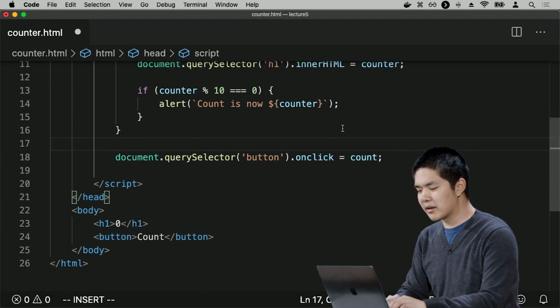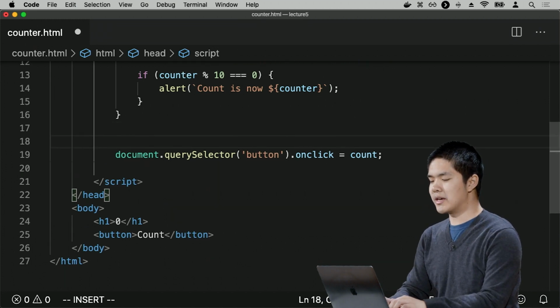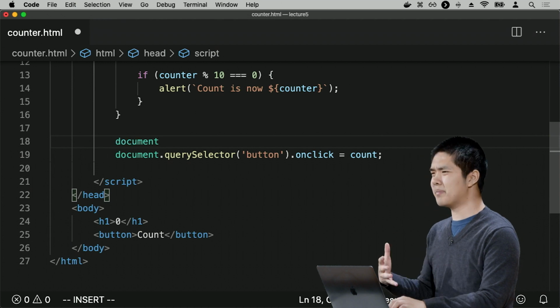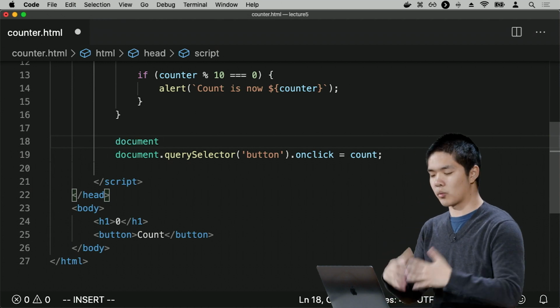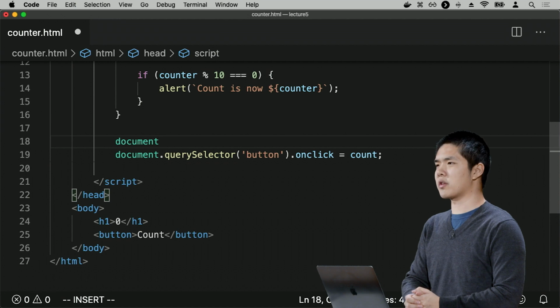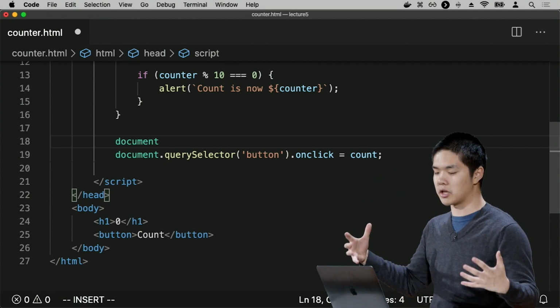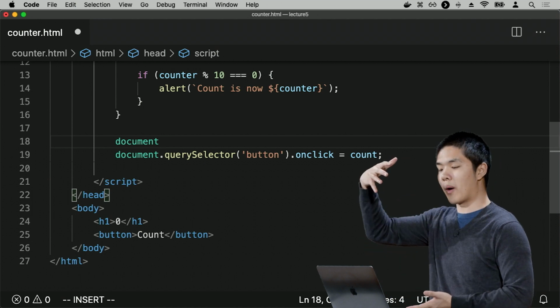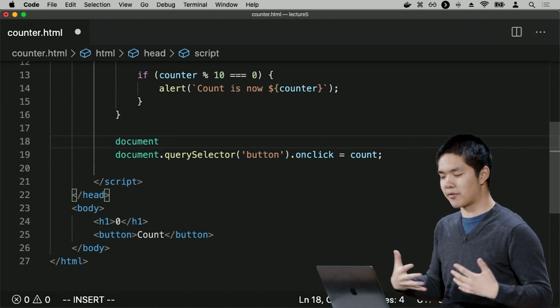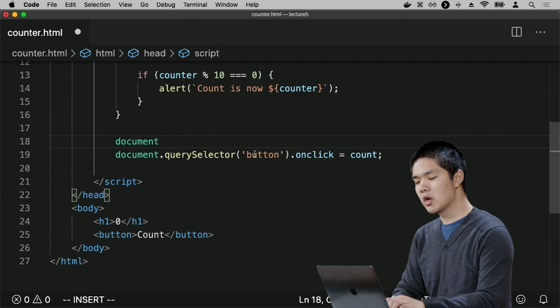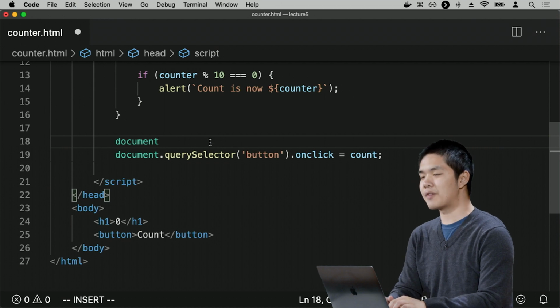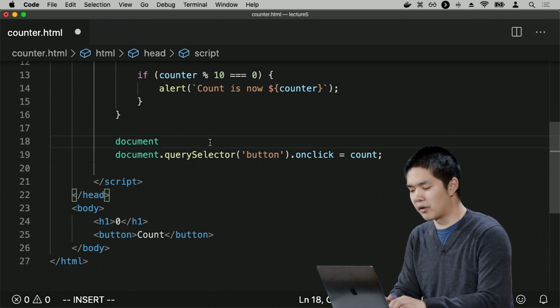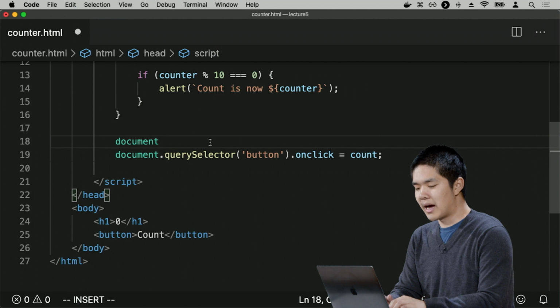And we're going to add an event listener not to the button, but to the entire document, where document is a variable built into JavaScript that we have access to on the web page that just refers to this entire web document, where I've used document.querySelector already to look through the whole web document, trying to find a button or trying to find an h1 tag, for example. But I can also add an event listener to the document itself. And in order to do that, I can say